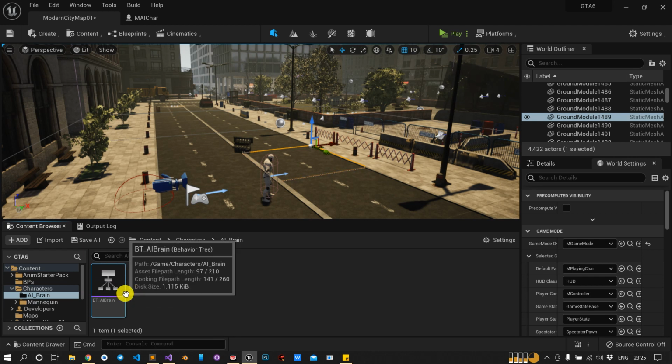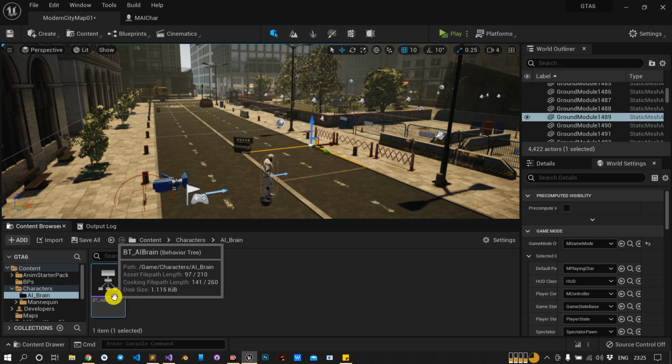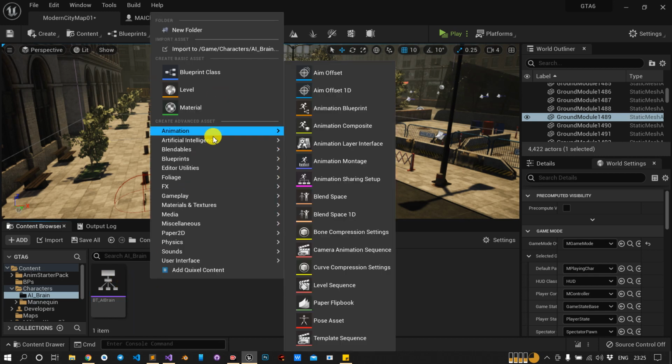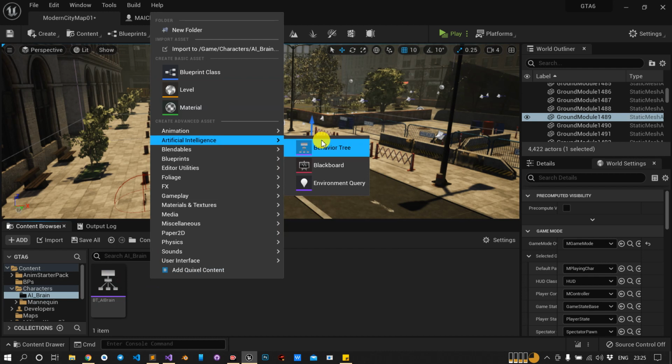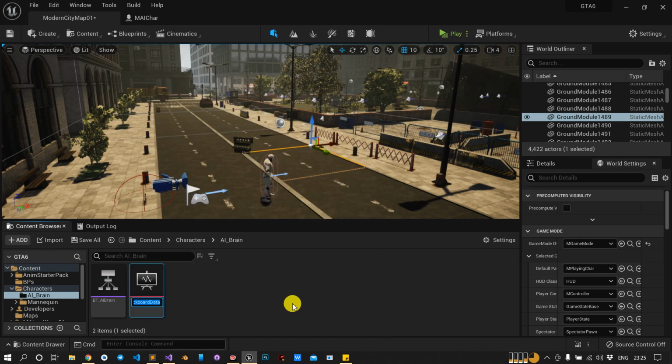Now in behavior tree, like we have variables in our function class to store the data, in the same way behavior tree requires a variable thing, which we call the Blackboard. So if you right click and go to artificial intelligence, it is saying Blackboard. So AI Blackboard, BB underscore AI data.